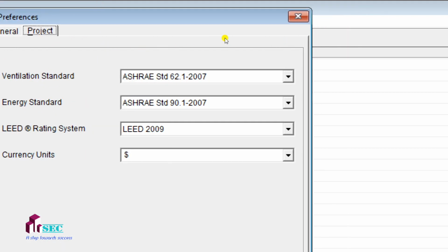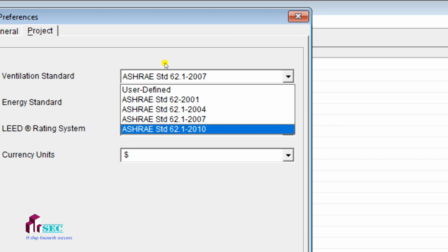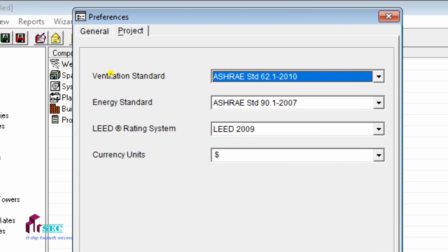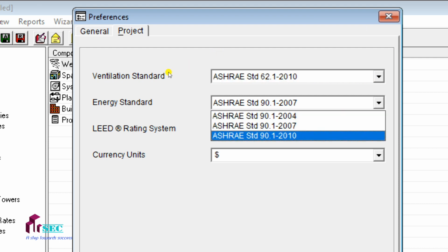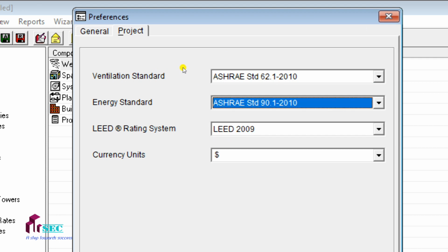You can select from here ASHRAE, select the higher one. So I am going to select this ASHRAE standard 62.1 2010, and then energy standard is also 2010, ASHRAE standard 90.1 2010,